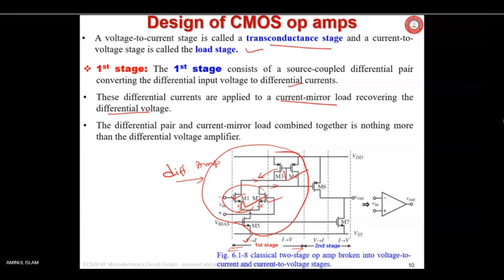That is a source coupled differential pair and your current mirror load consisting of these two, along with the transistor M5, which is the bias. Actually, bias current is being sunk here. So altogether, these 5 transistors are nothing but a differential amplifier. We'll see later on also. So this is the answer for that question.